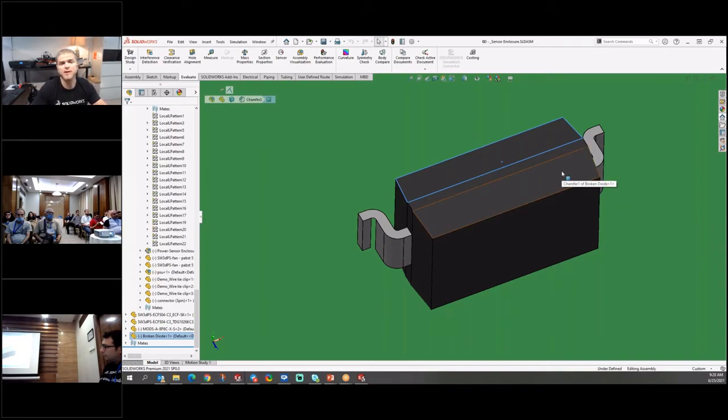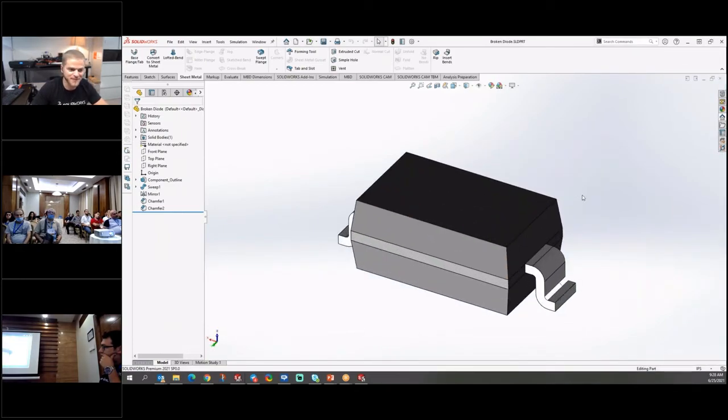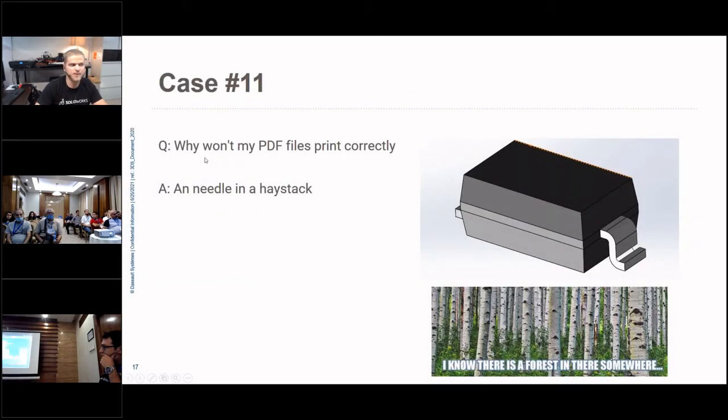And with a SOLIDWORKS file, you might run across broken geometry or an imported part, something that was modeled 20 years ago, right? You might come across that stuff from time to time. But this is, and I worked with this customer for a long time until we found this, the actual broken diode from that customer. I still keep it. I still use it to this day, because no matter what assembly I stick it in, it breaks that assembly. It immediately breaks that assembly and then breaks the drawing and then breaks the PDF. It's very interesting to see that chain reaction, right?